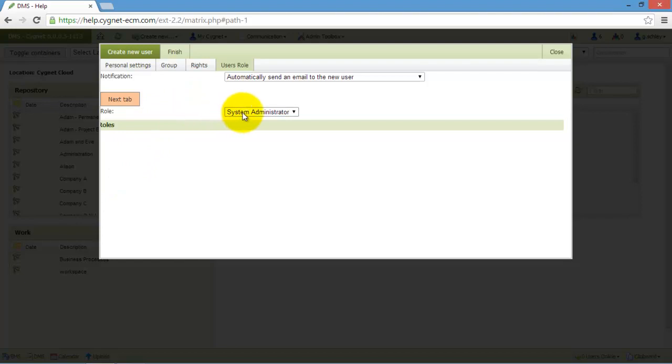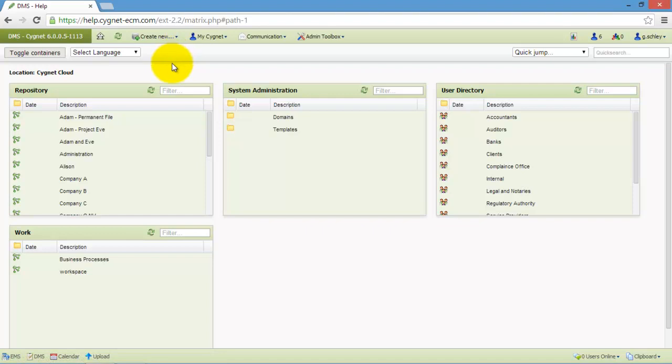Then we get to choose what the role is in the system. An accountant mainly will be a viewer, so we'll do that. Now we're finished adding the user, click Finish. Now the user is in the user group and in the system, but we need to add them to info